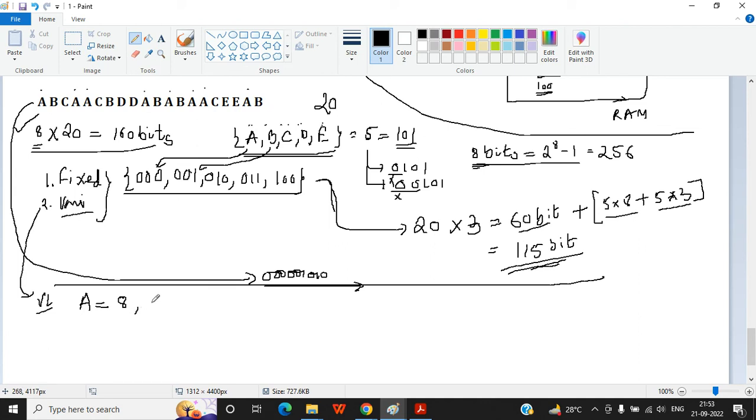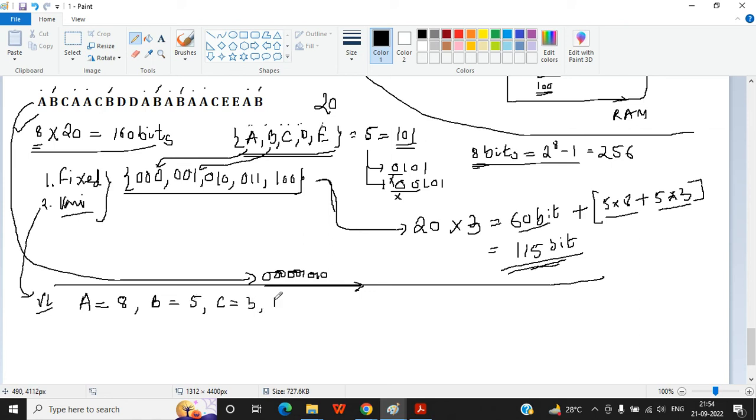What is the frequency of B? B is 1, 2, 3, 4, 5. Right? So C, what is the frequency of C? 1, 2, 3.